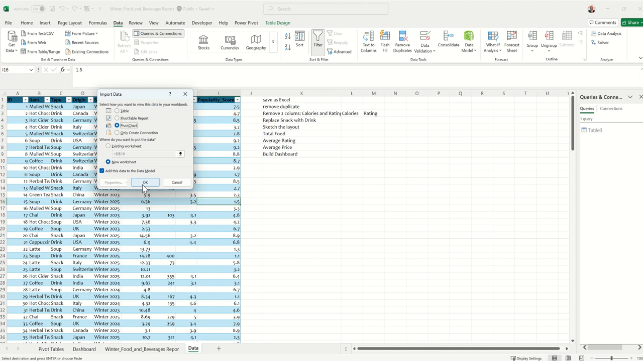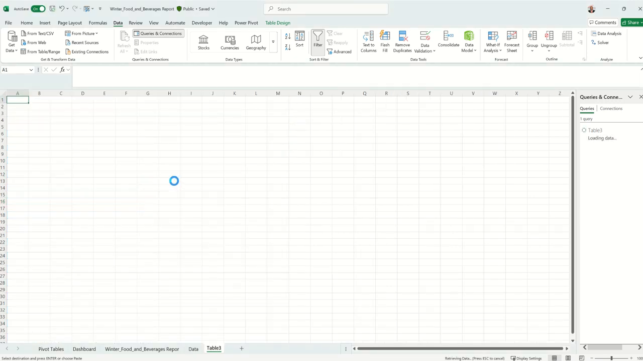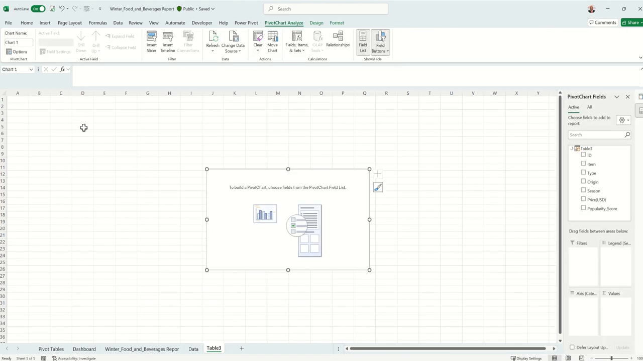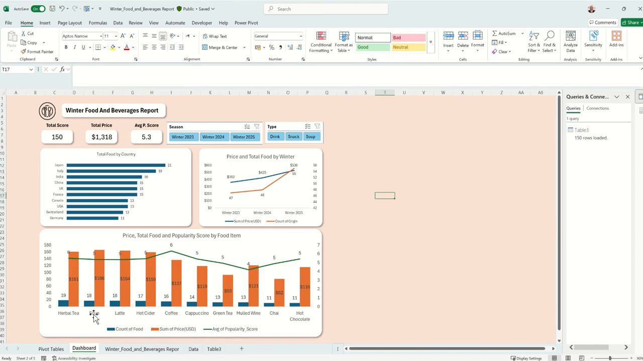Then new worksheet, I want it on a new worksheet so that I can build my dashboard there. If I click on OK now, you can see it's giving me a new worksheet, and I have my pivot chart. This is what I'll be using directly. I'm not going to be using the pivot table. But I'll be looking through the dashboard for us to see what we have there and what we need